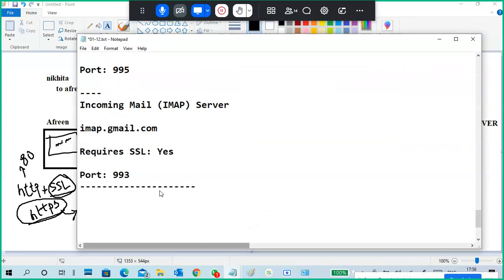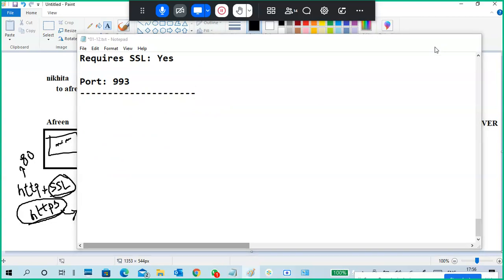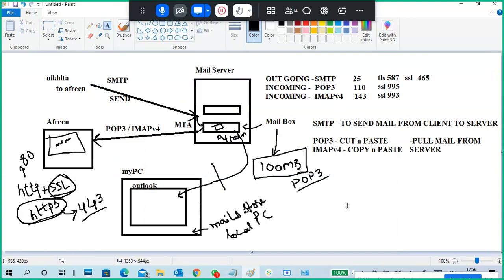One thing is very important. What is the use of Outlook? You take the mails from the server and store them on the local PC.